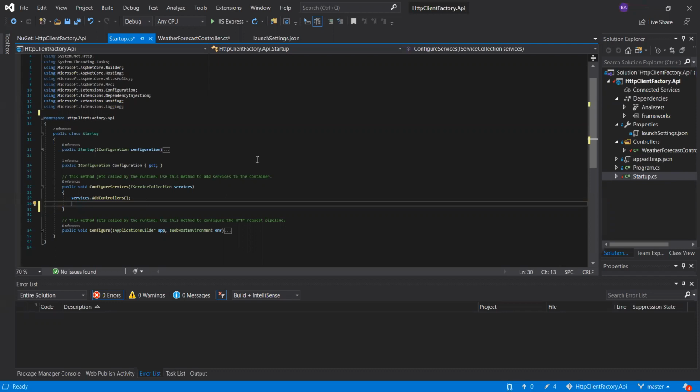So this now takes us to HTTP Client Factory. HTTP Client Factory came up with .NET Core 2.1. And what they were trying to do was resolve the problems we have with calling HTTP clients. So usually, I know what everyone does is